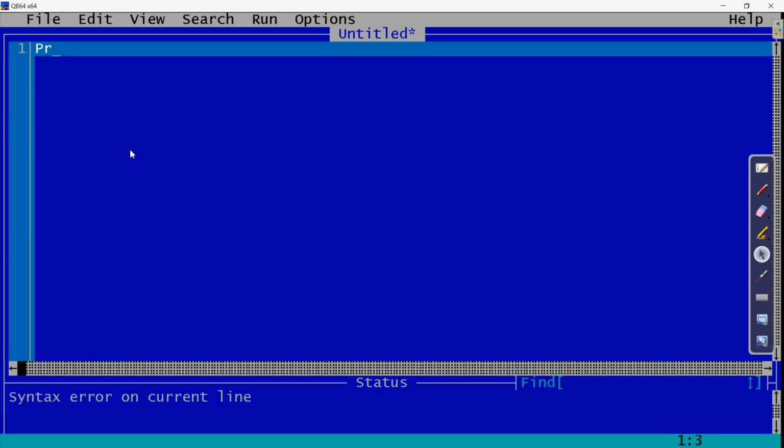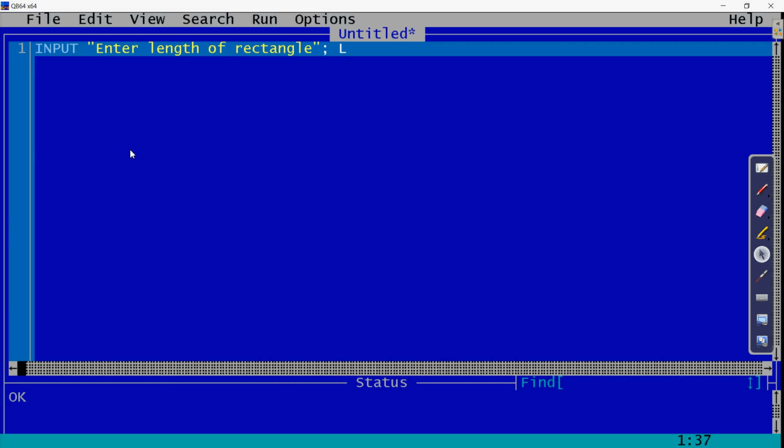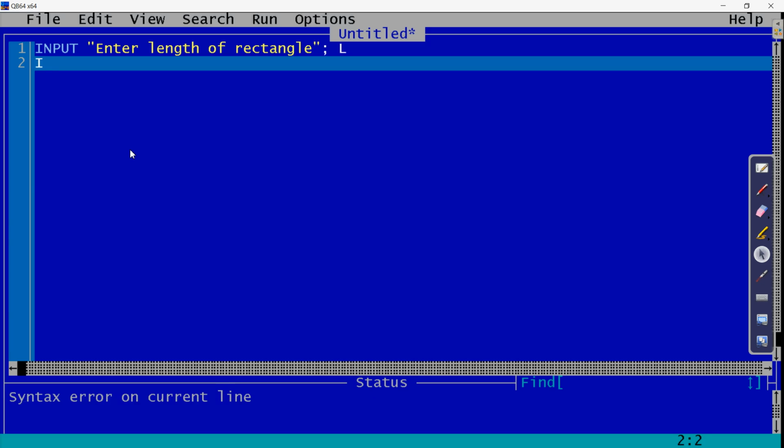So write input with the message, enter length of rectangle, then semicolon. Suppose we are saving this length in a variable L.